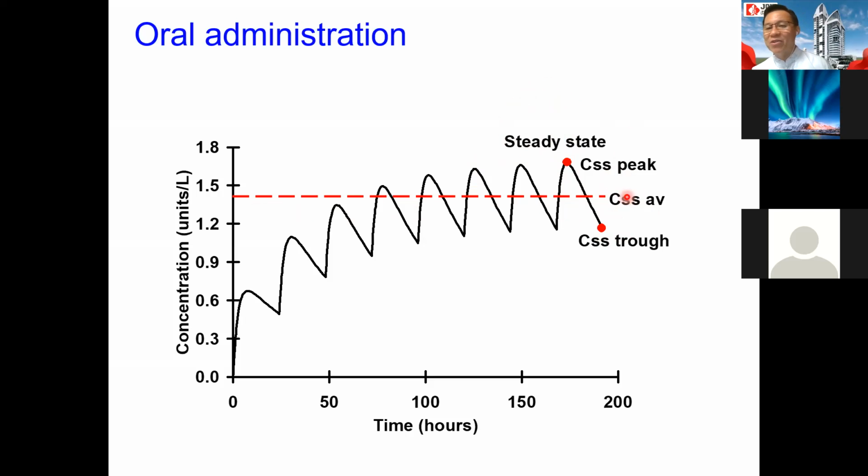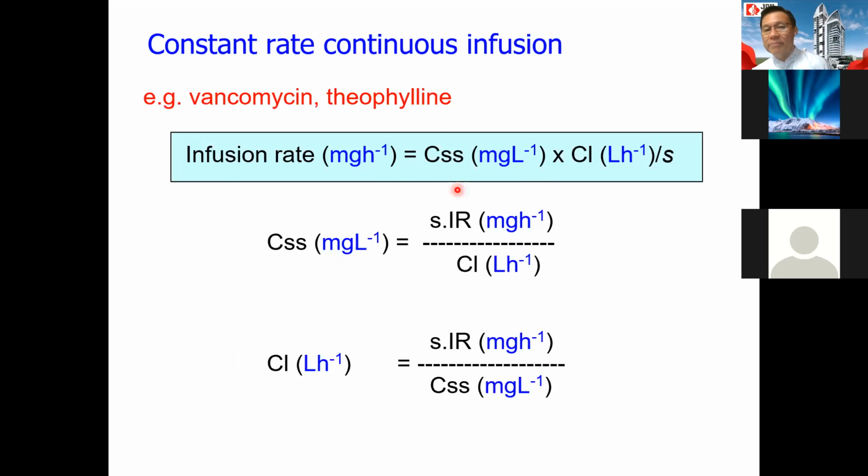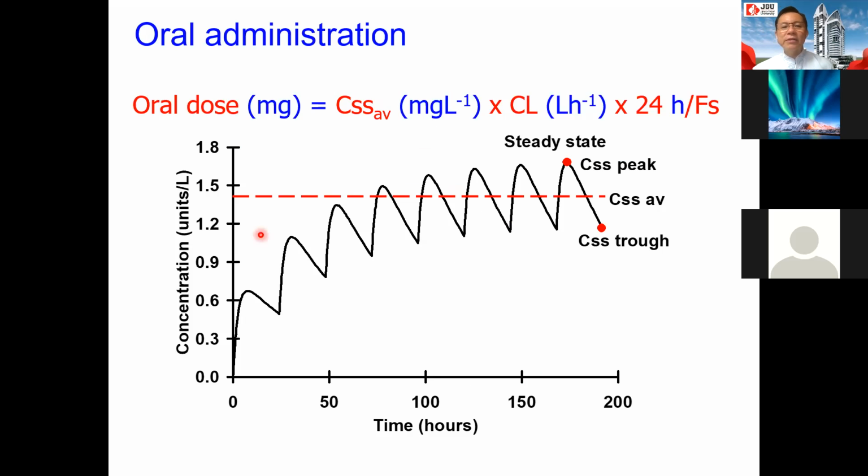Whereas for the CSS average, you cannot use C peak plus C trough divided by 2. It doesn't work that way. You have to calculate the CSS average using the previous equation, this equation. So the oral dose, CSS average